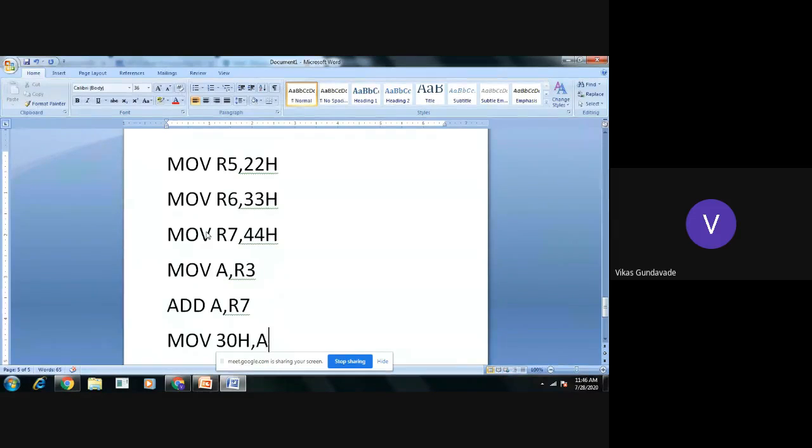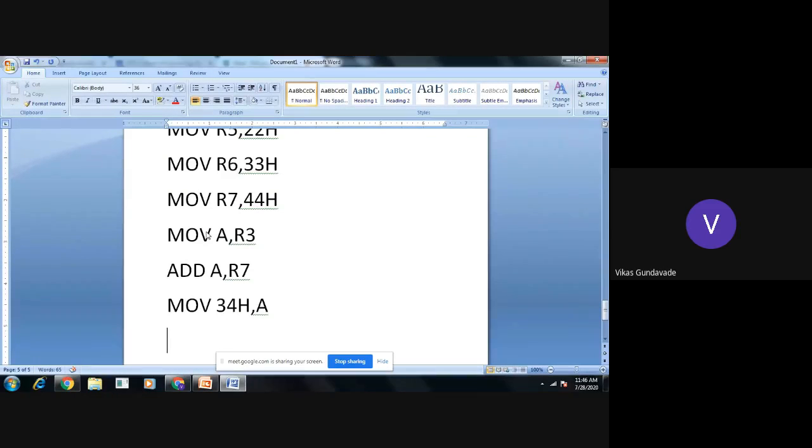So first, the lower 8-bit addition is transferred into the memory location 30H. Or we will make it as 34H. So from 30 to 34H we can directly use for the 32-bit number result. Again the accumulator is free, so we can transfer another number with MOV A, R2.